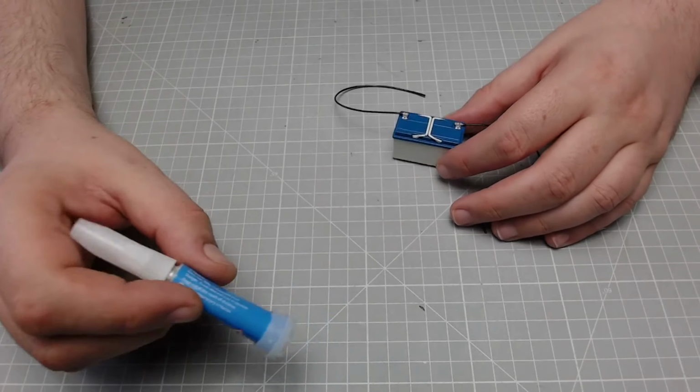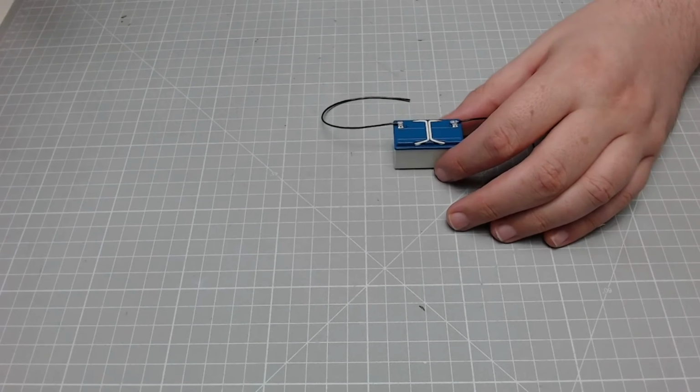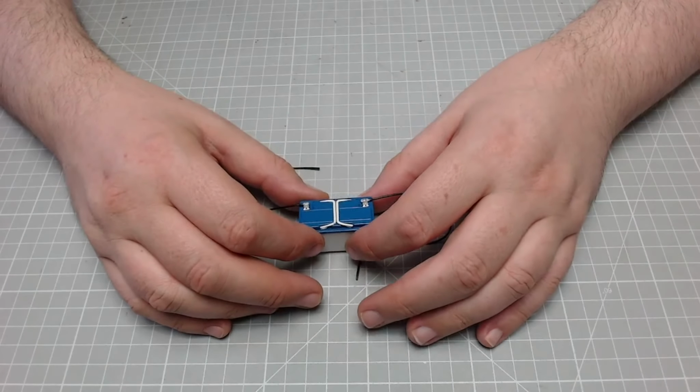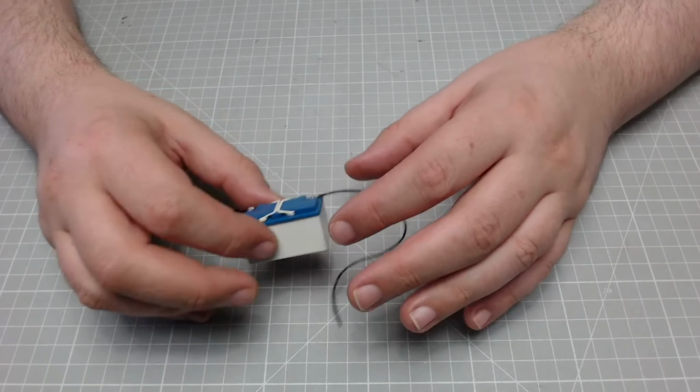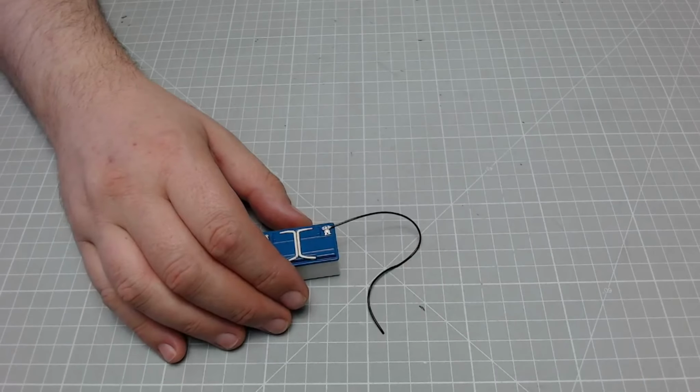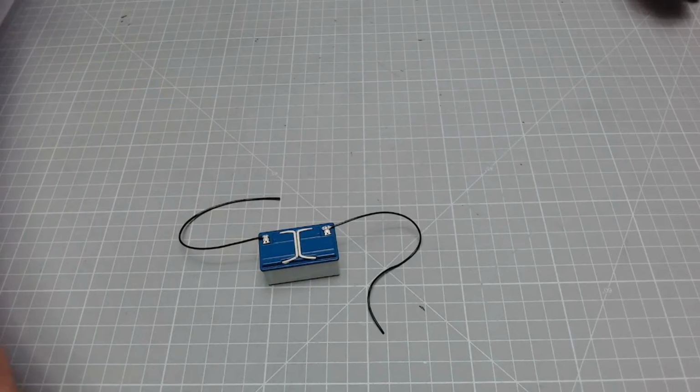Okay guys, so sorry about that. The camera decided to freeze. I have fixed the battery now. Shows I need to keep an eye on my monitors. So that's now on there. I'm happy with that. Next what we need to do is we need this piece we got in